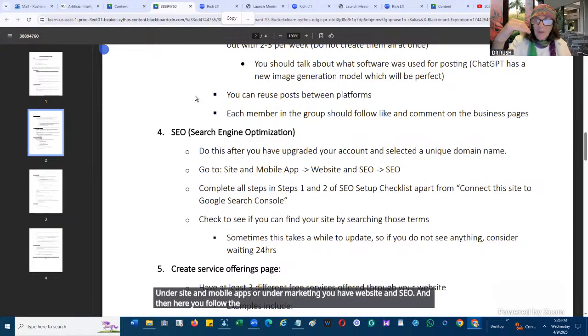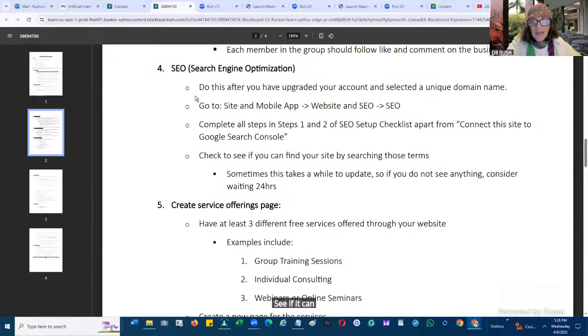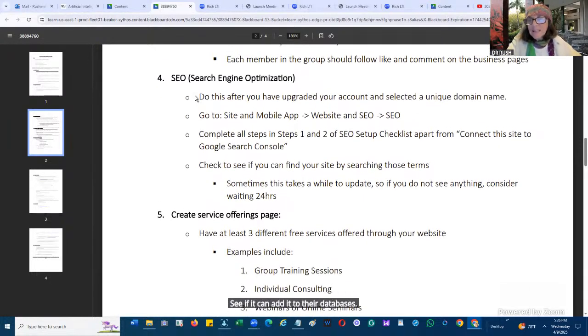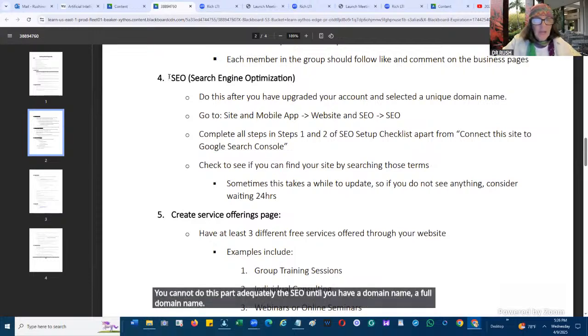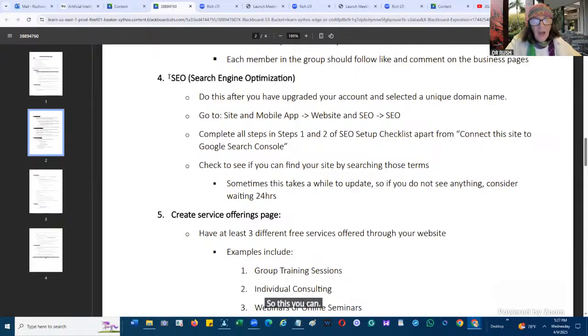In order to follow the wizard, Google will take your domain name and crawl it and be able to see if it can add it to their databases. This takes at least 24 hours. You cannot do this part adequately, the SEO, until you have a full domain name. So this you can divvy up to someone.